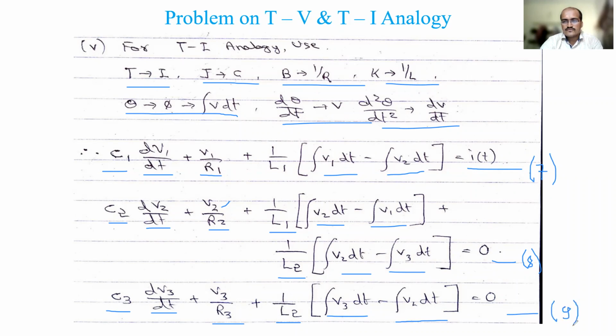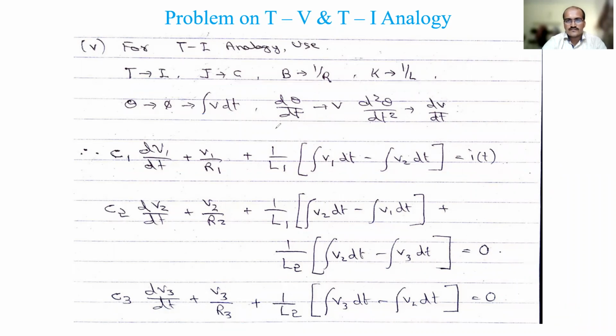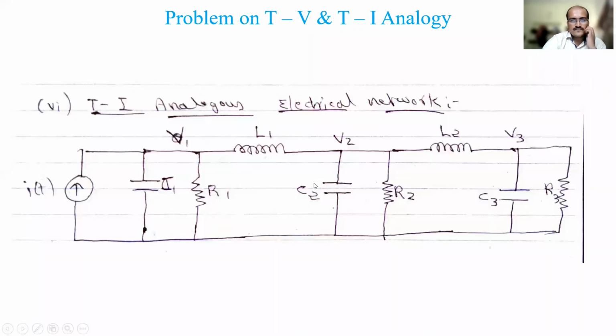So you have to draw now the analogous network, same as the equivalent mechanical network. So there is no difficulty here. You can even look at the equations and draw that. So this is the answer. At the first loop, you have to identify the node first, V1. So you have to connect the elements. So C1 and R1 are at the V1. So this edge becomes the V1. Where it is connecting to another node, till there it will be all at the same potential. So it is C1, R1 and I of t.